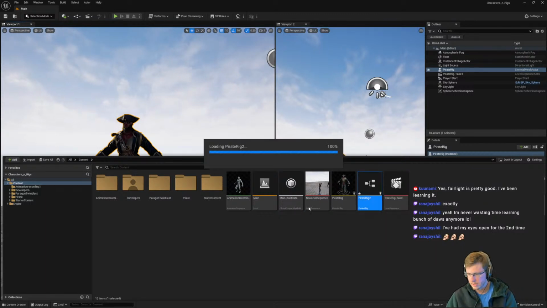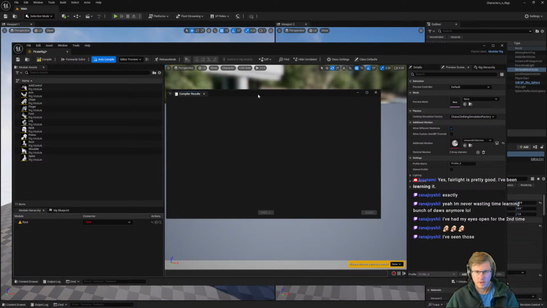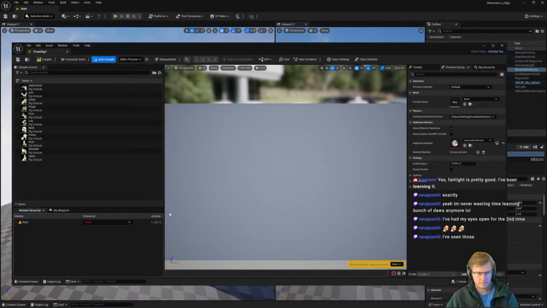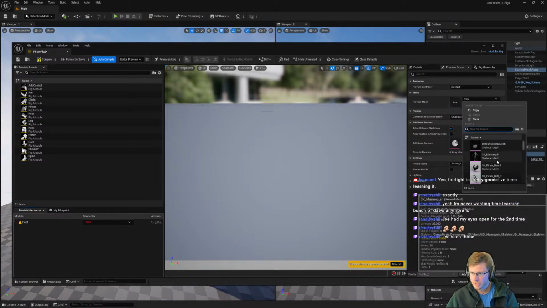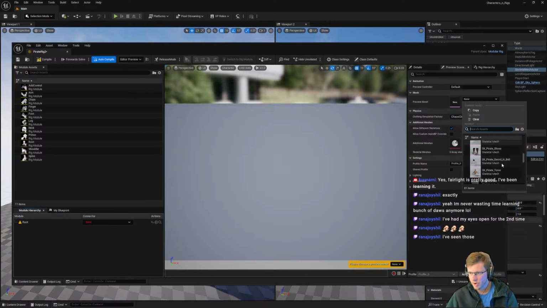And then you hop into this, and you can close this thing. And then preview mesh, you can find this guy inside the marketplace.